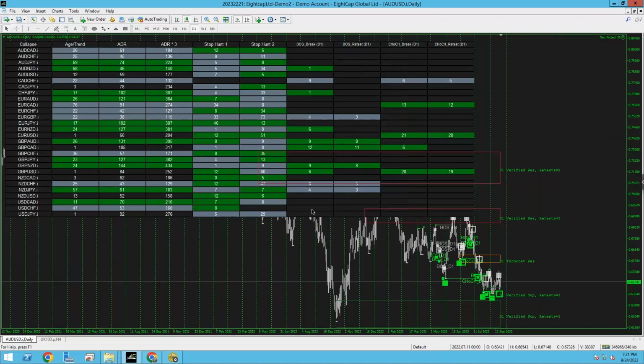All right, cool. So the black one must turn color first. As soon as the black ones turn bullish or bearish, wait for the turncoat to happen and the daily break of structure, and you take the trade.